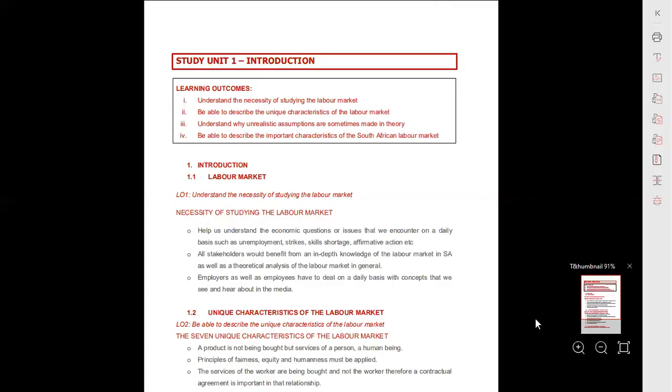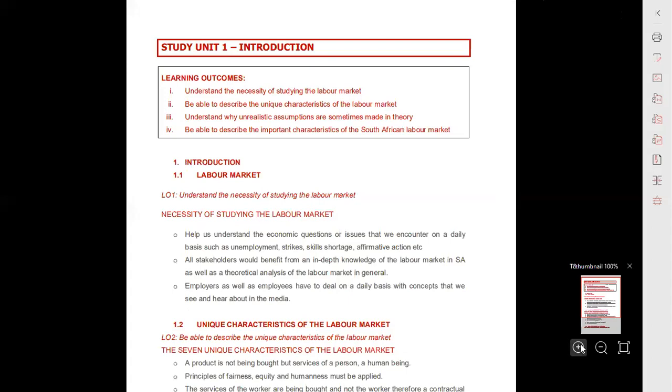We are going to take a look at the introduction. So basically, in most of our classes, we must try as much as possible to exhaust a unit in each class. Either it will take us 3 hours or less, we just try as much as possible to exhaust the unit. Some units might be 45 minutes, some 30, some 3 hours.